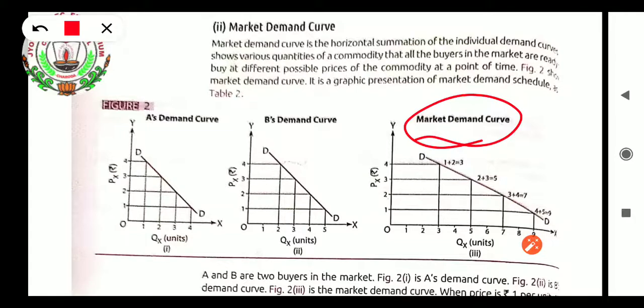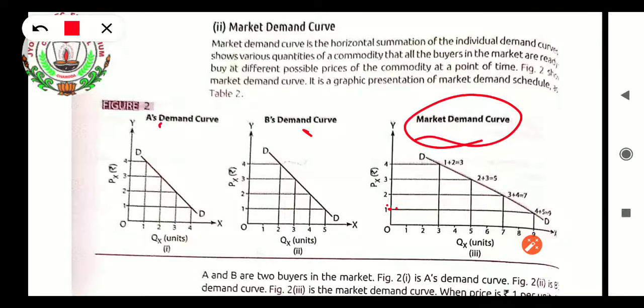In the market demand schedule, we take the total quantity demanded of all the consumers at a certain price. So here we can see A's and B's individual demand schedules, and together we will see them in the market demand curve. The table is the same one we saw in the earlier theory of the market demand schedule; we are taking the same tabular data. I am explaining the market demand schedule here, not the single demand, because that has already been explained.